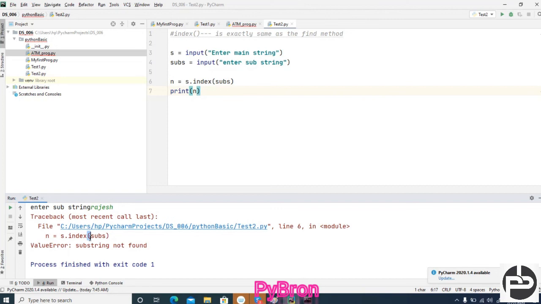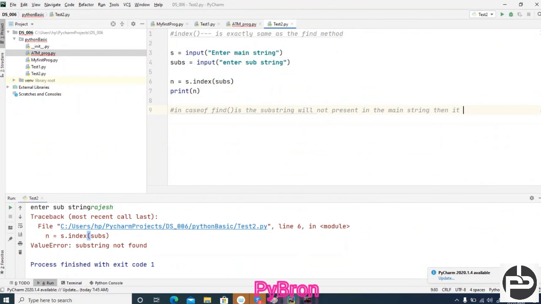Hope it makes sense. The difference between the index and find method, right? I am making the note also. In case of find method, if the substring is not present in the main string, then it will not throw any error.